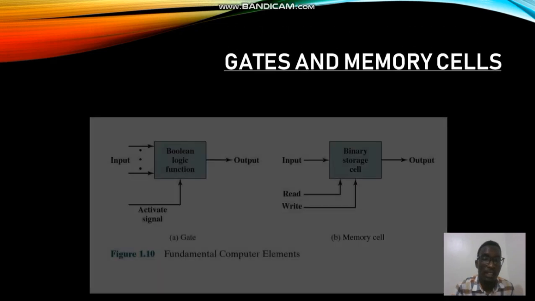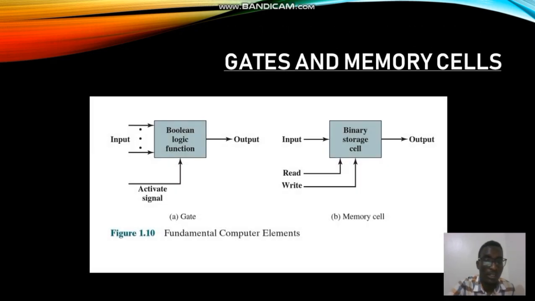Then you can see the gates and the memory cells, and how they look. They were made mainly of silicon and put in an integrated circuit. So data would be put as input, and an activate signal would help it to produce output. Then for the memory cell, as data enters, you could either read or write on the memory cell to